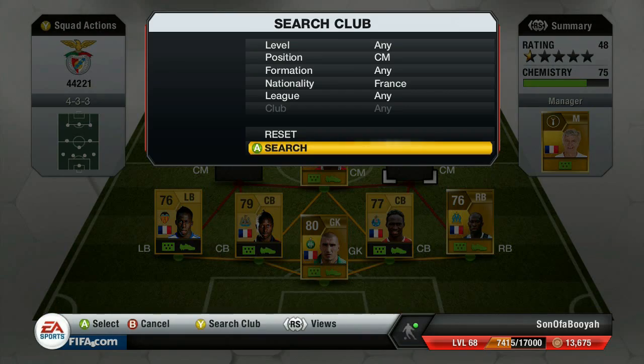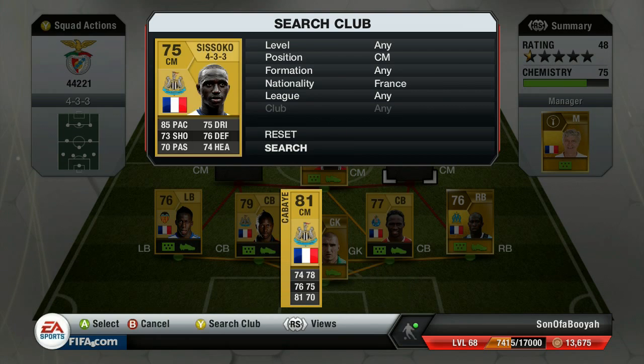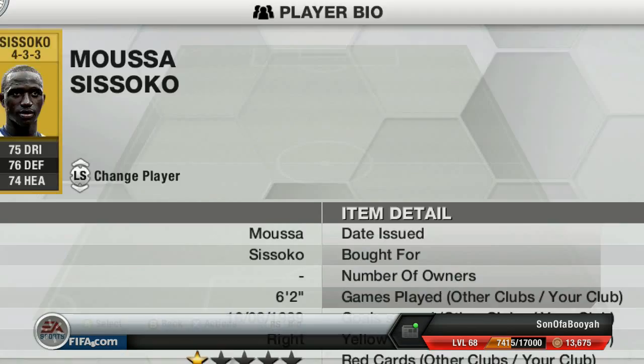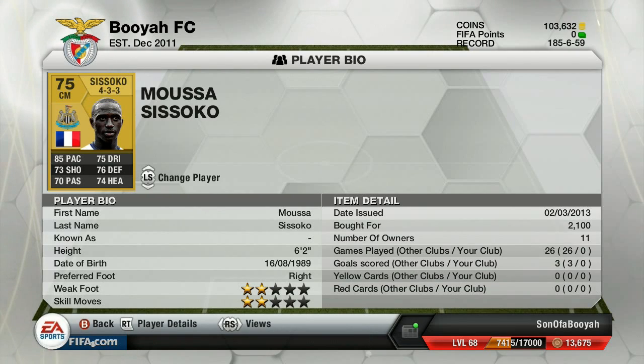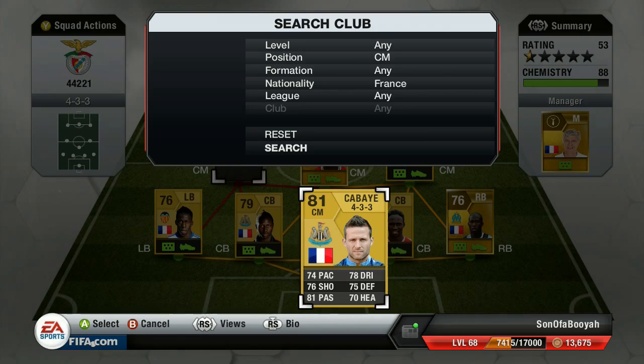At right CM, we're going to go ahead and throw in, who plays there? I think it's Sissoko that we're going to put on right center mid. It doesn't really matter how we do it, but we'll play Sissoko from Newcastle, 2,100 coins, 85 pace, 73 shot. Really like this guy in real life. I think he's an outstanding player in real life, so I wanted to make sure he was on the team. So we got Sissoko in there, and at left center mid, we're also going to play another Frenchman from